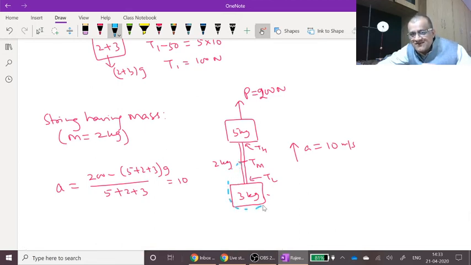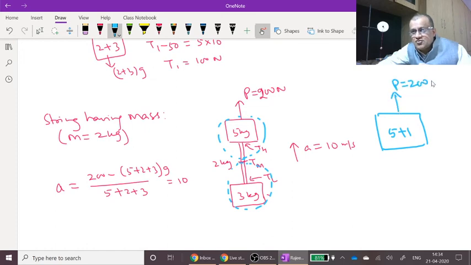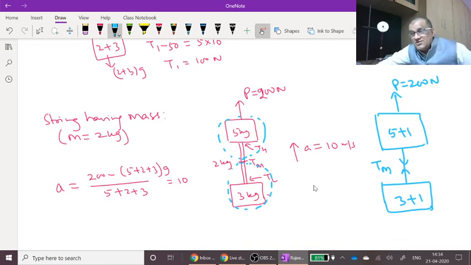Treat this as one block, and treat this as another block. And those two are connected together by a massless string having tension Tm. And now let me draw it with this one. So I have 5 plus 1 having this P equal to 200 Newton, and I have 3 plus 1 joined by a massless string having tension Tm in it. And doing this question,